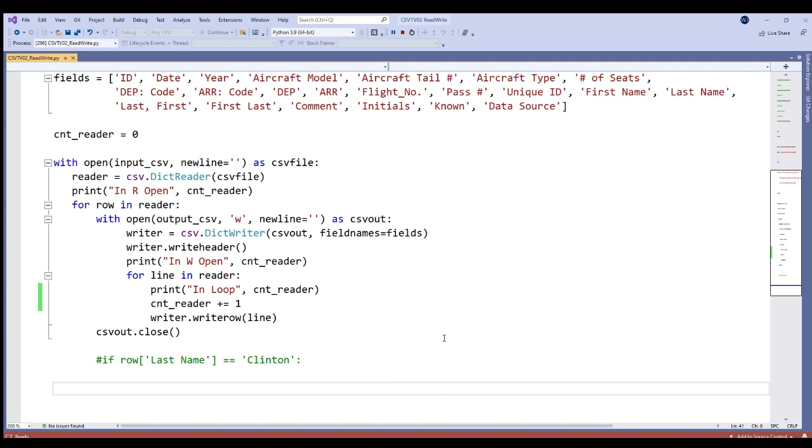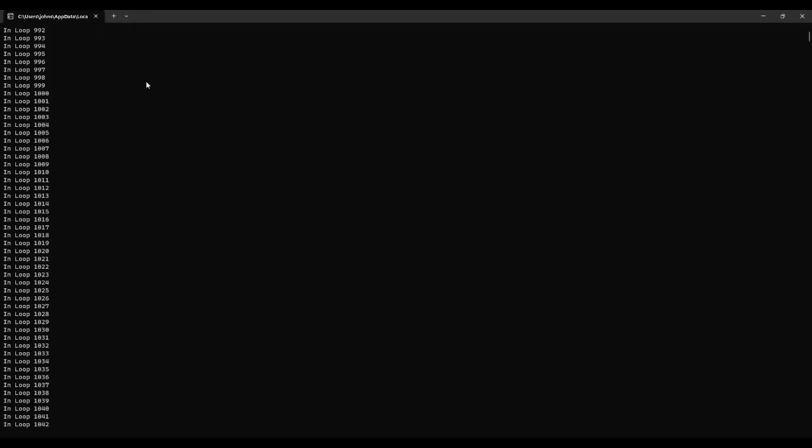Anyway, with that said, let's go ahead and take a look at some of the output when I ran this. And here we are in the output where I'm going, is it in the loop? Yes, it's in the loop. How many times has it gone through this loop? Oh, it's gone through 1,009 times. All right, yeah. Boring, I know. And look, it just goes on forever because I think there's like 10 or 12,000 records in